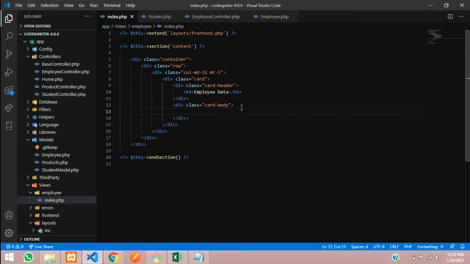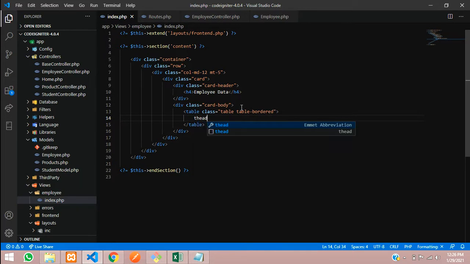So before fetching, we need a simple table design. So let's add that table with border, very simple. Let me just finish with that.